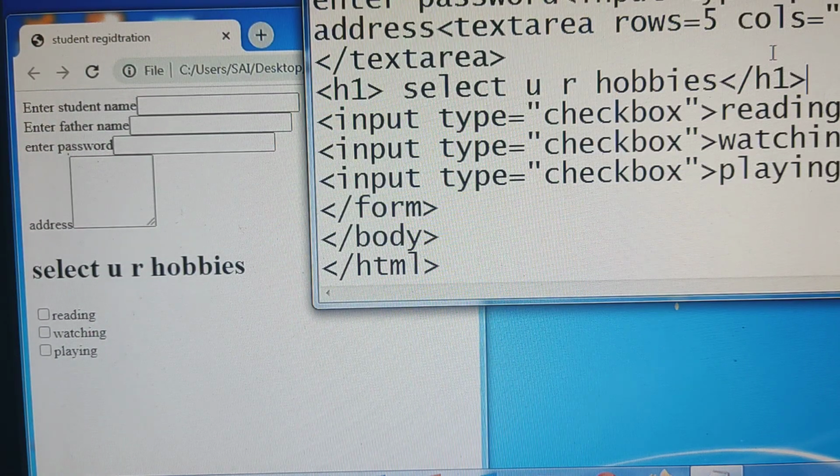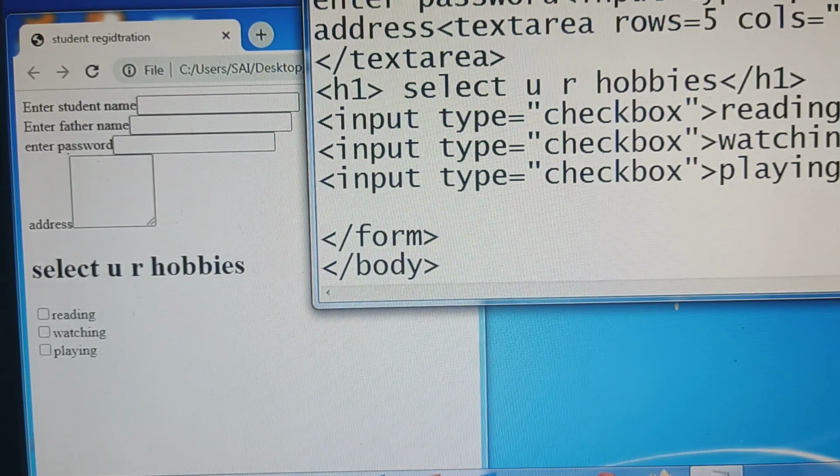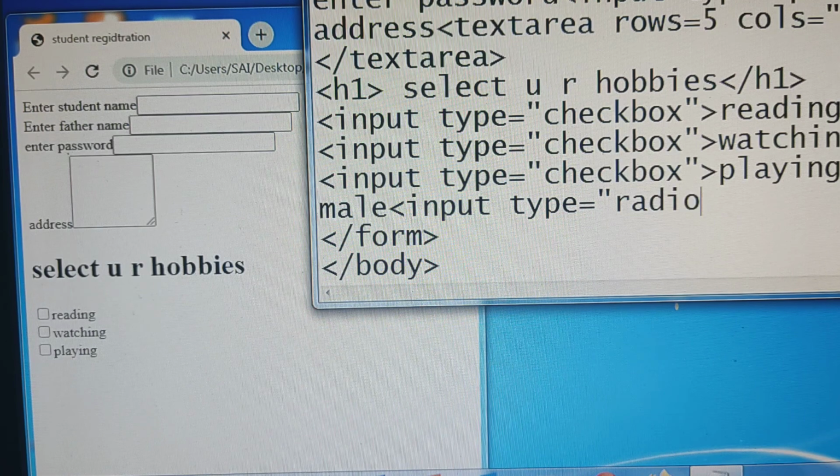Next one is, after that I am breaking this. Next button is the radio button. Here first I am giving a male, where the user needs to give only one input. Input type equals to radio.